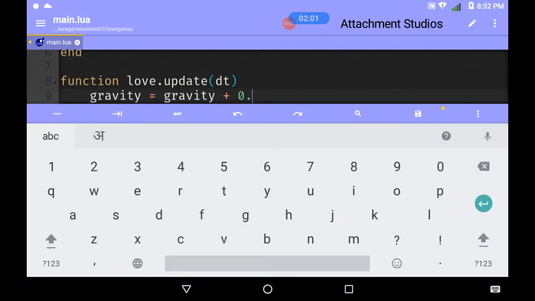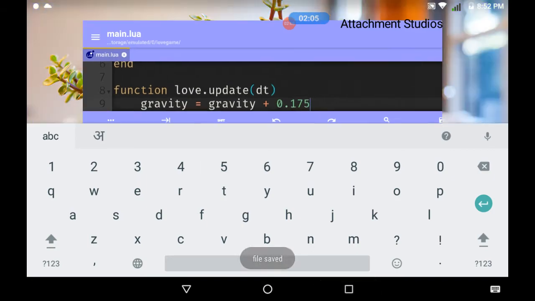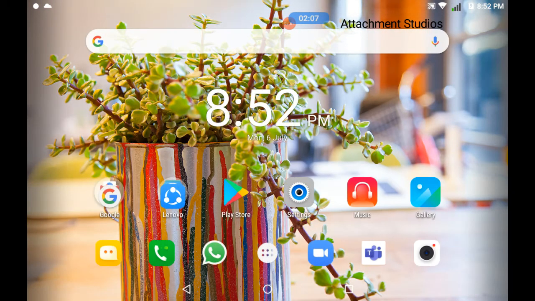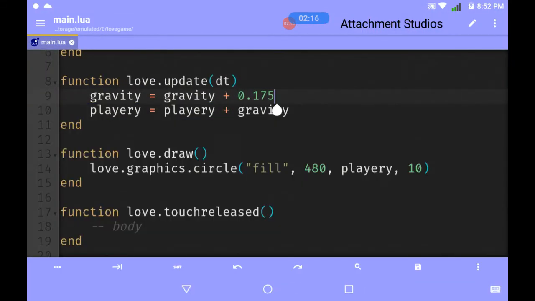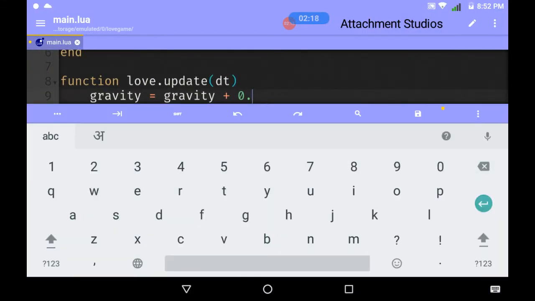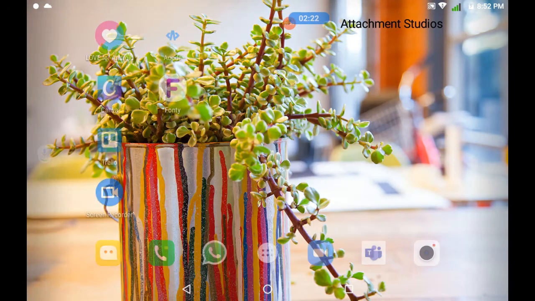I think we can set that to 175 for a little faster. It's almost just before 2. A little faster, but still not as expected. So let's do like 2. I hope this works.